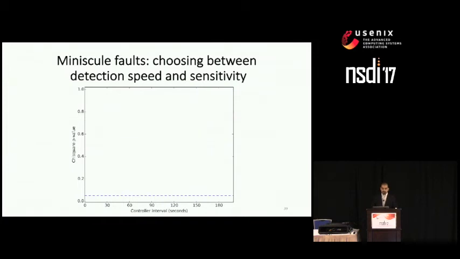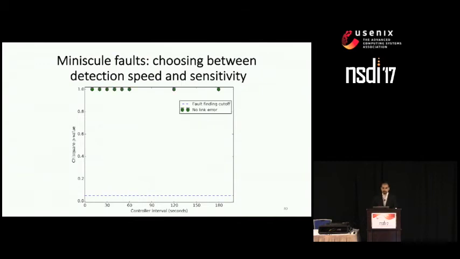The x-axis over here is the controller runtime in seconds. We go from 10 seconds all the way up to 3 minutes. The y-axis depicts the p-value that the chi-squared test running at the controller will output. You can see a dashed line here at 0.05 as being our cutoff. So if you're below that, that means the controller successfully caught the fault. And we depict the median, the 5th percentile, and the 95th percentile for what the controller output inside of our